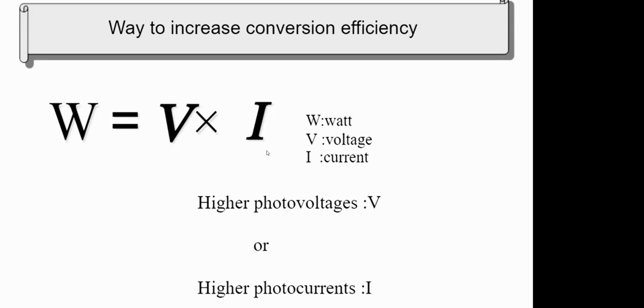Then we can increase the potential, the energy difference between the chemical potential of the electrolyte and the conduction band of your electron transport material. Then we can do that. So ultimately we need to increase V, and we need to increase I. How can we do that? If we increase the band gap of my dye molecules, then it will absorb a smaller fraction of incident light because the band gap is large. So fewer right-energy photons are available. So you want to reduce the band gap so that it can absorb. Then you want to increase the open circuit voltage.